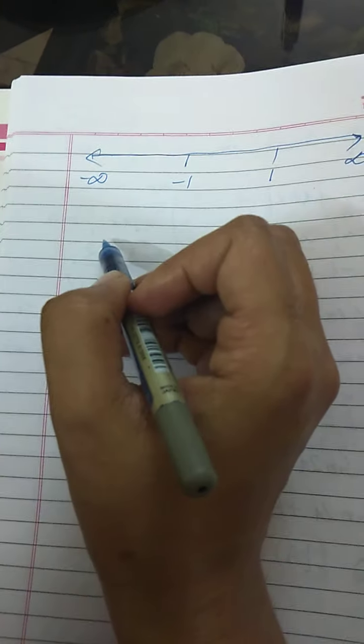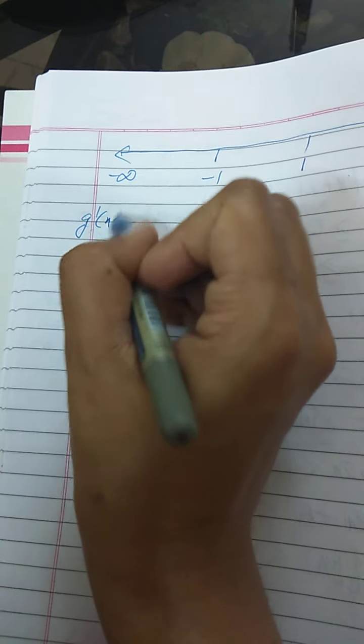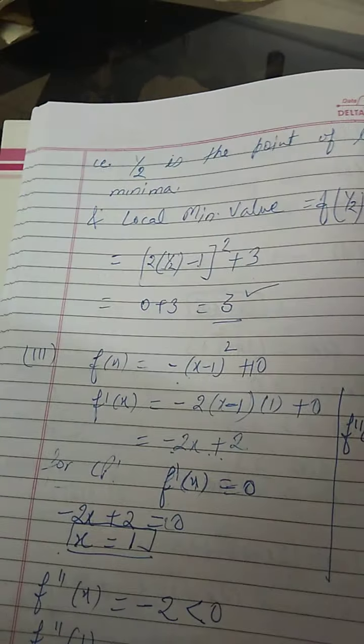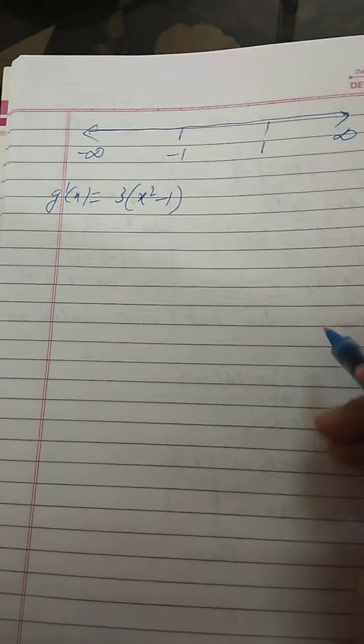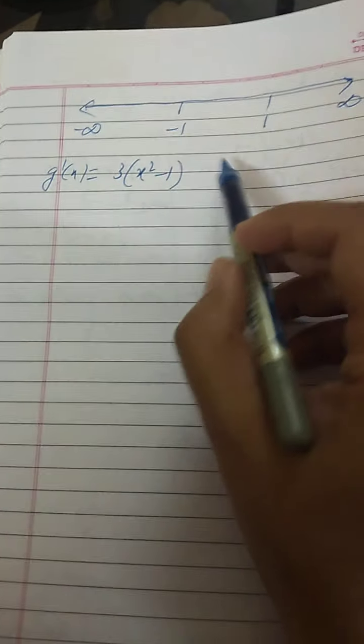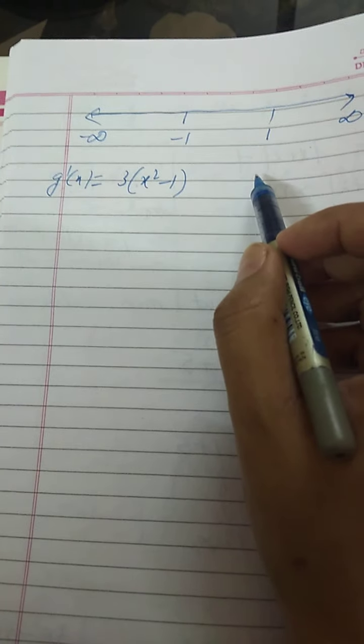Okay, so we will take the points on the number line from minus infinity to infinity. The one point is minus 1 and the other point is plus 1. So here, what is the derivative that we have got? g dash x was 3x square minus 3. So 3 is common, this is x square minus 1. Okay, so you can do one more thing here. Instead of checking this, because it will take a long time, if I just do it with the second order derivative test, you people will find it, I think, much easier.